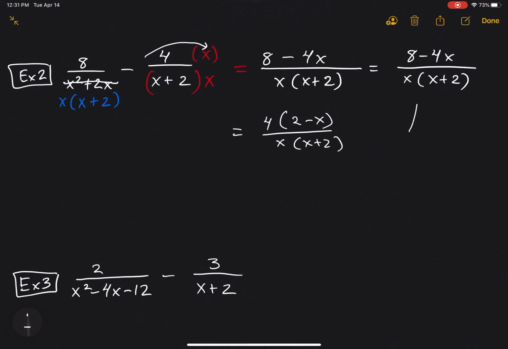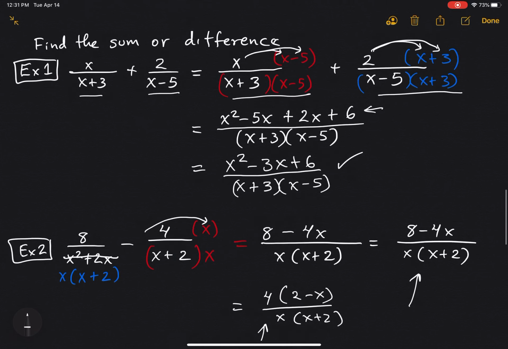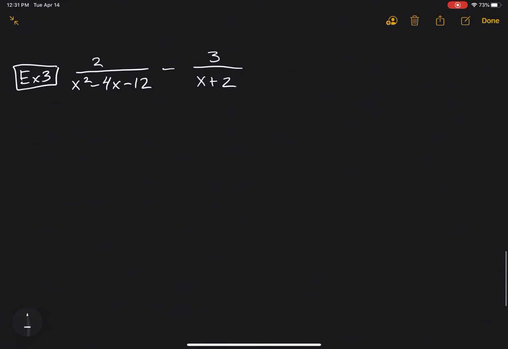So this would have been our perfectly good answer, except if we take it one more step and see that nothing divides out, this is also correct. Okay, so please note again what we do when we have addition and subtraction of two fractions that don't have the same denominator. I'm going to do one more example down here. And so again, whenever you see a denominator that could be factored, go ahead and start by doing that. So in this case,